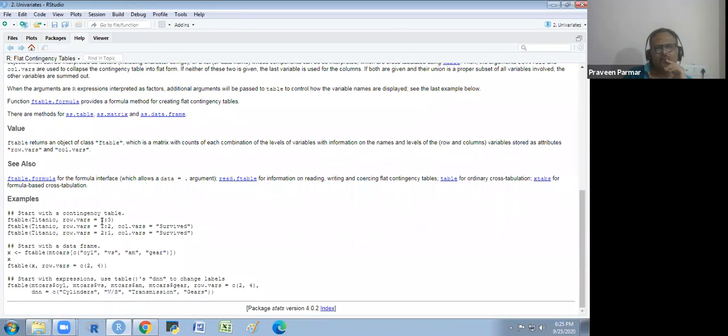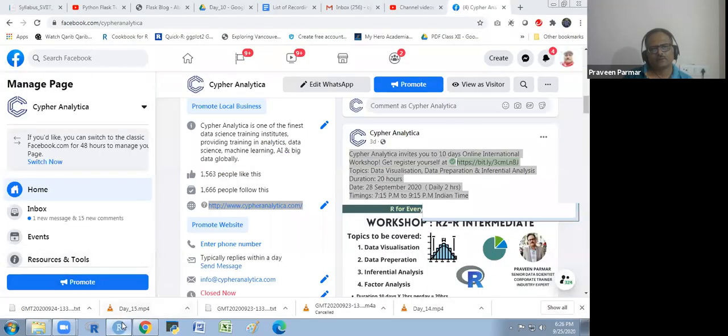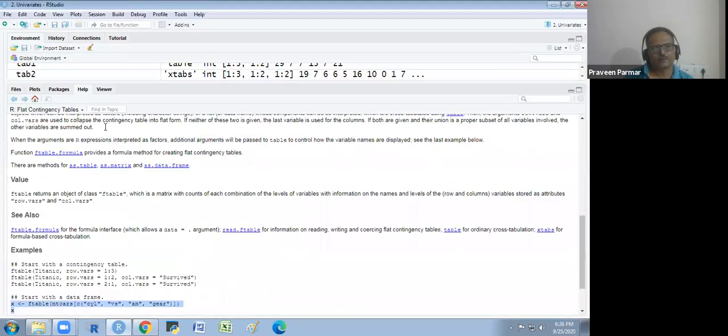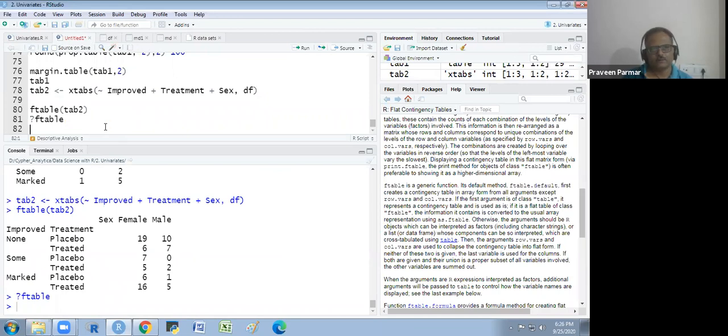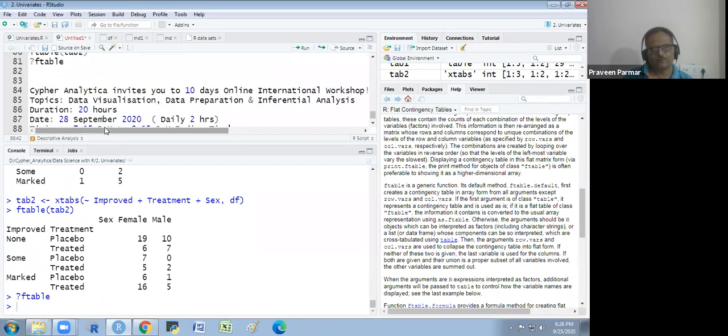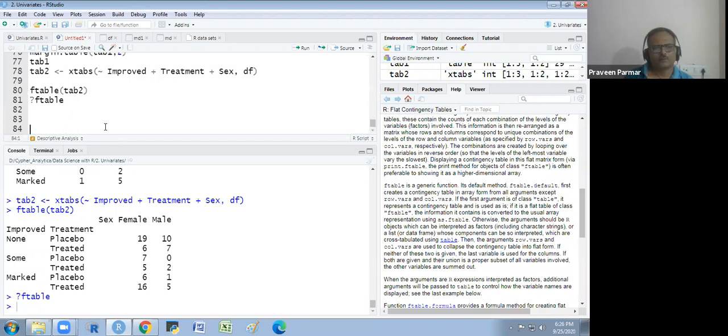We could write it in this way also. The row variables 1, 2, 3, and one to two variables in this way we could take. We could make an ftable of mtcars. We try this.